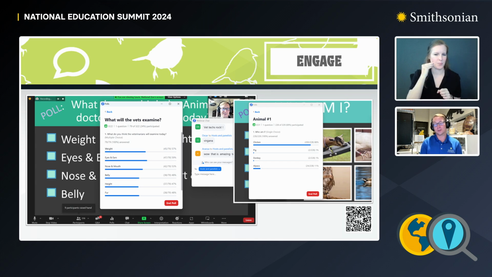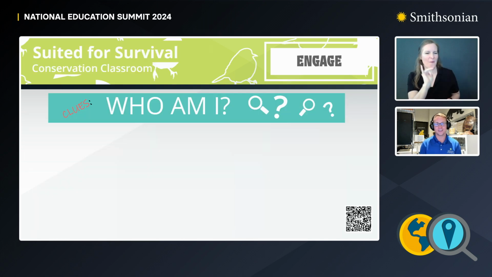And here are some examples of the polls actually happening. It's easier to show you since we don't have the poll capacity today, but we put them on there, gather everyone's responses, and the students always like it when we share it and we're able to see what other people guessed too and see how they compared. Okay, next.